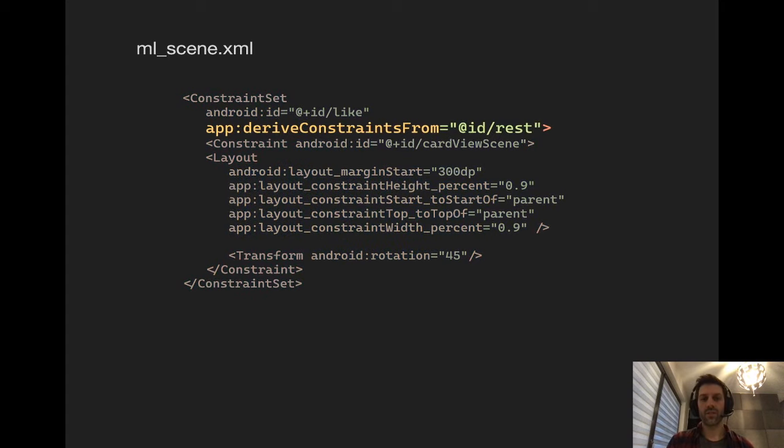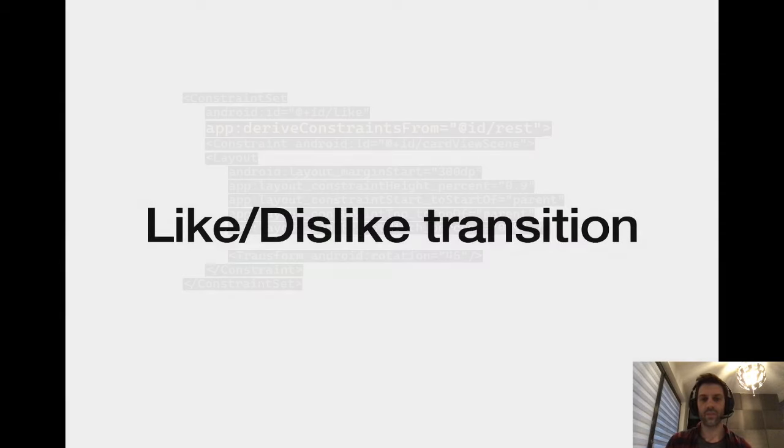We can derive constraints from rest, which means all the constraints set there, layout height, margins, padding, everything can be taken from the constraint set that we already set up, the rest state. And here we'll add a few more,